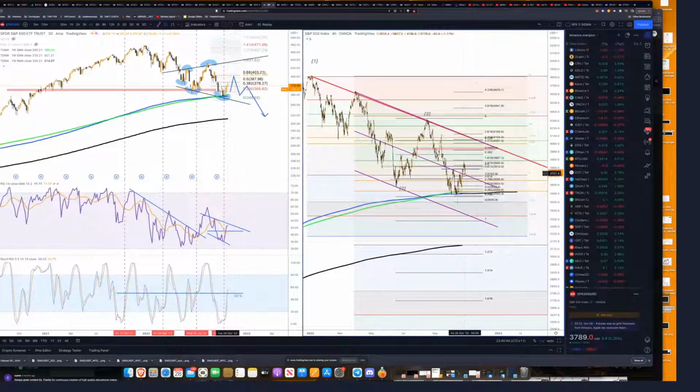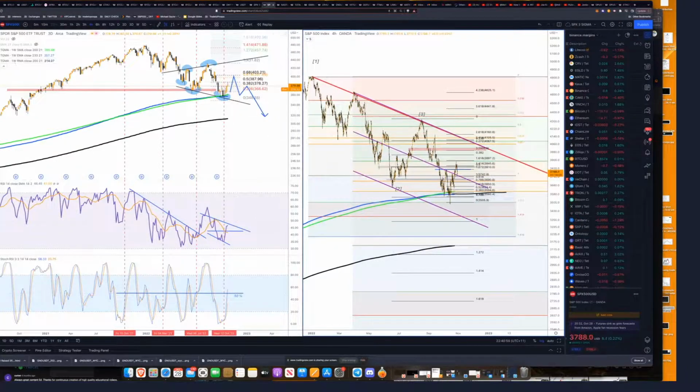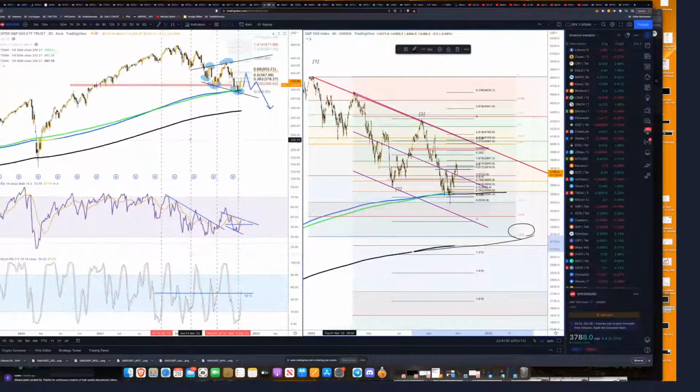Inflation is not going to drop, so they need to keep the interest rate still there. And how's that going to go up with those numbers? I just can't see that happening. I do see this coming down. I got the 1.618. That's one theory. This level here, and you can see this moving average coming, right? So if you look at this chart,